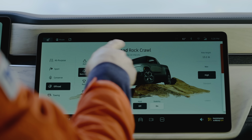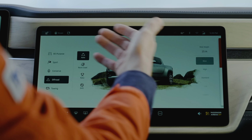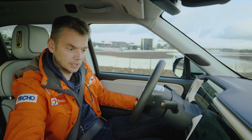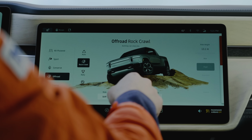And then we can go into our off-road menu. We've got auto, nature awaits you. Rock wall, nothing can stop you, which, let's face it, is a pretty bold claim. And then you have the opportunity here to choose your different settings. This is